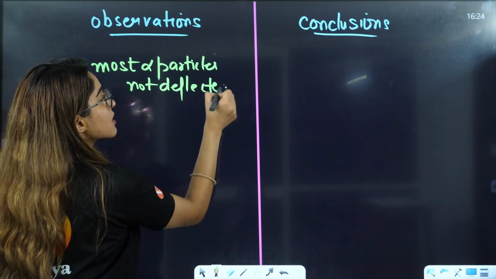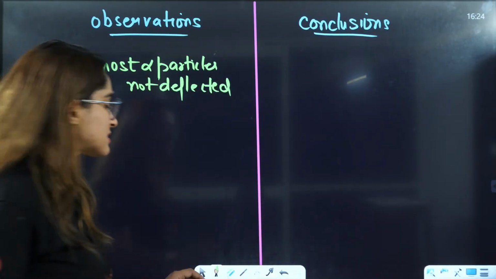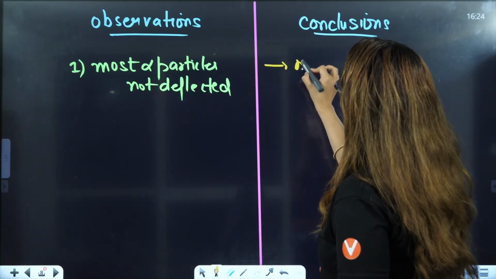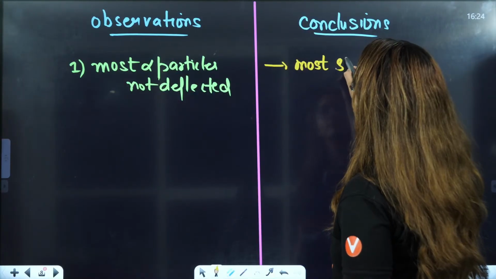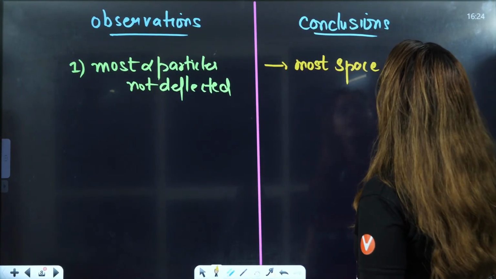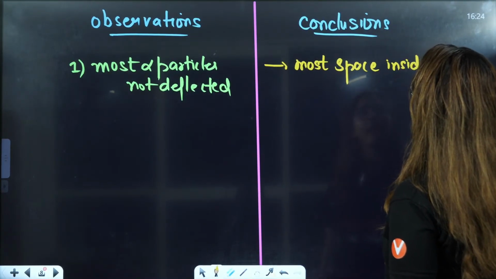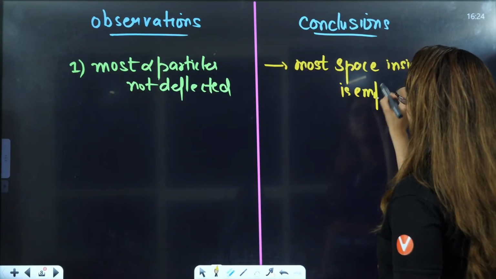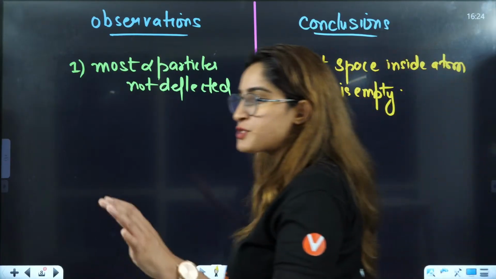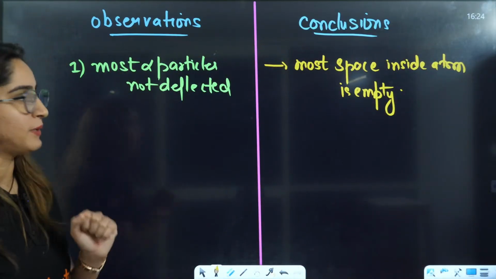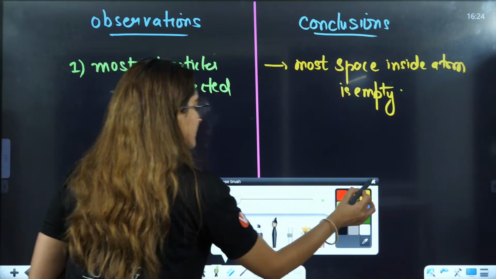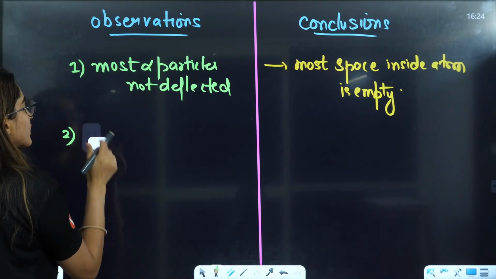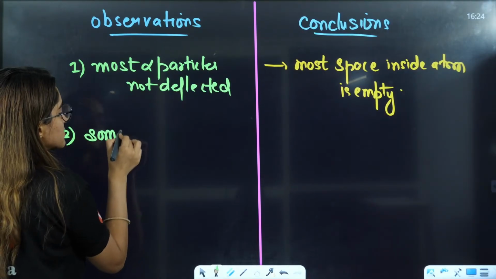That means most of the space inside the atom is empty. You can write here, most space inside the atom is empty. Right? Most of the space inside the atom will be empty. Second, we are saying that only a few, or you can say some, alpha particles